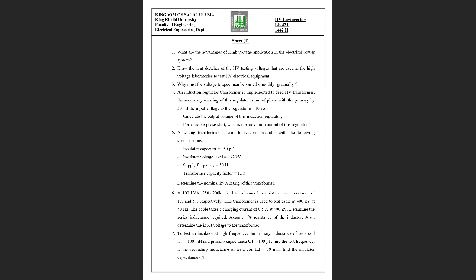Now coming to the fourth question, an induction regulator transformer is implemented to feed an HV transformer. The secondary winding of this regulator is out of phase with the primary by 30 degrees. If the input voltage to the regulator is 110 volts, calculate the output voltage of this induction regulator, and for variable phase shift, what will be the maximum output of this regulator? This is a very simple question. So if you see the solution of this,